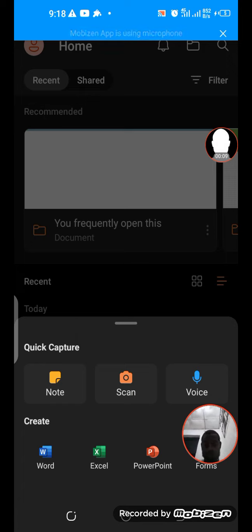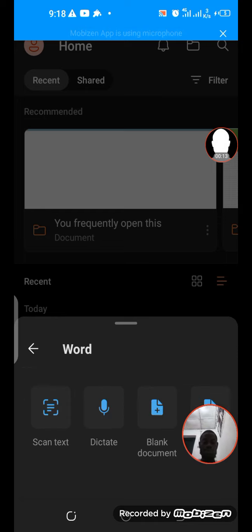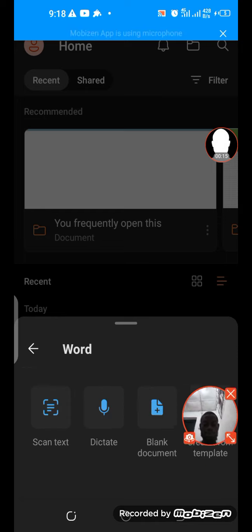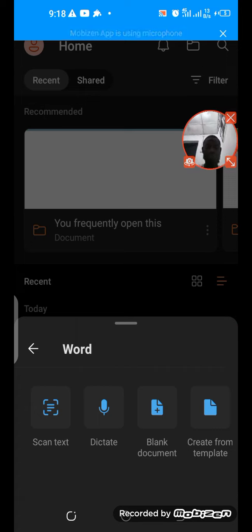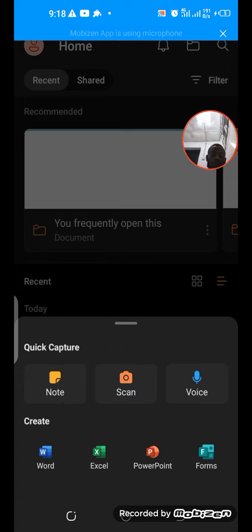If you didn't forget, we've done Word, where we talked about scan text. We talked about dictate, blank document, and create from template. Now we'll be moving on to